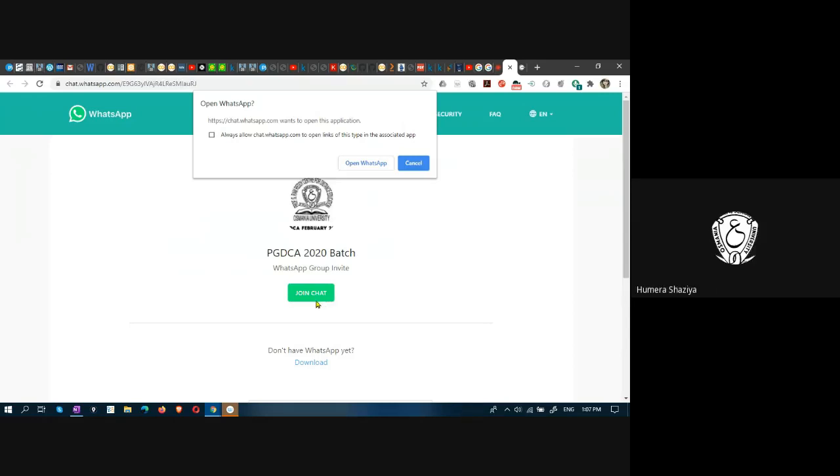These official groups should be meant only for official talk. If we start doing casual conversation, it becomes a problem. That's why I exited from that group. You should not have casual conversation in official groups where you have your faculty members as members. Just maintain that. Don't do any kind of general talk. Only talk about classes, PGDC, exams, tests, and patterns.